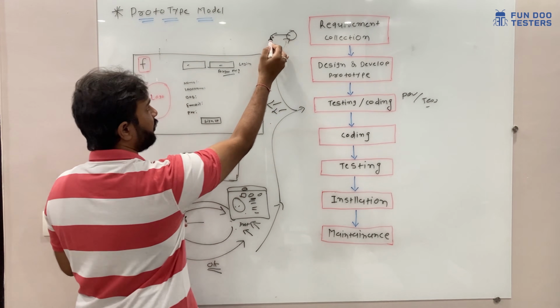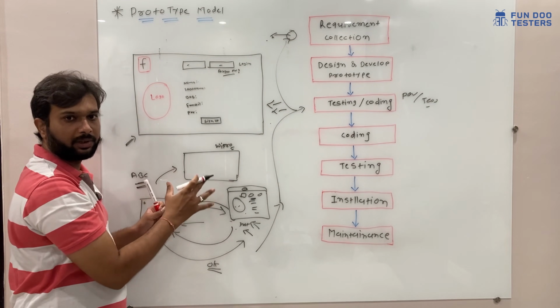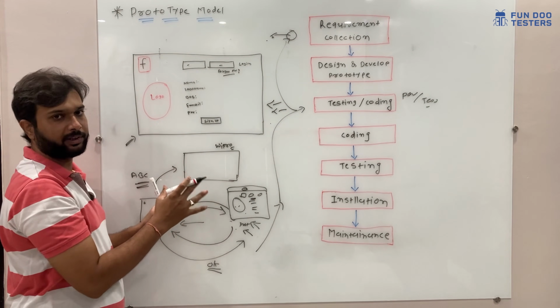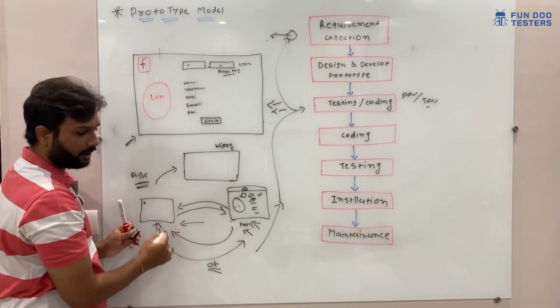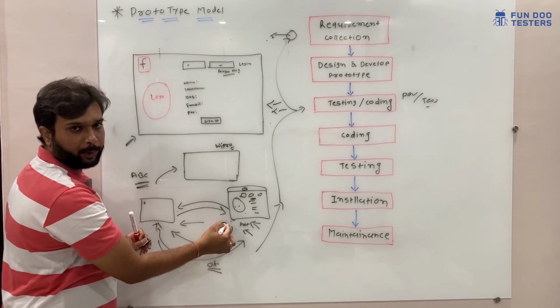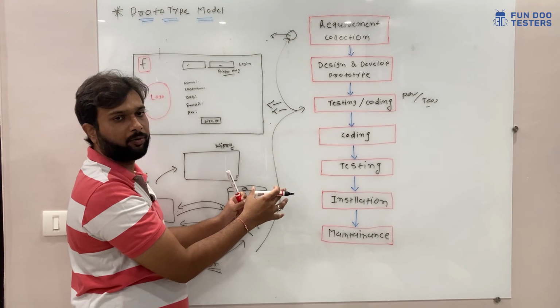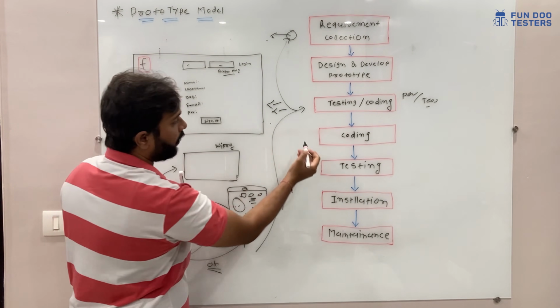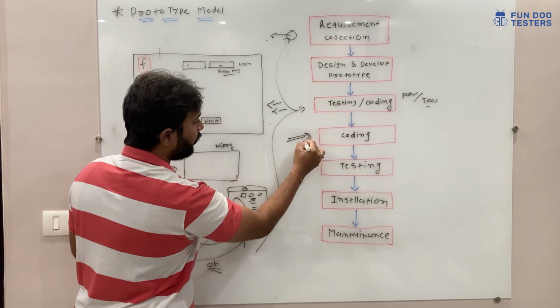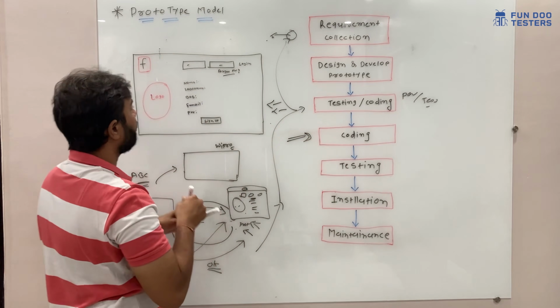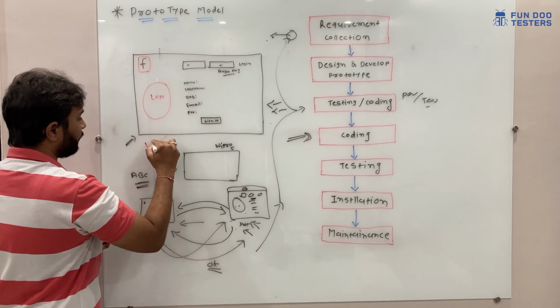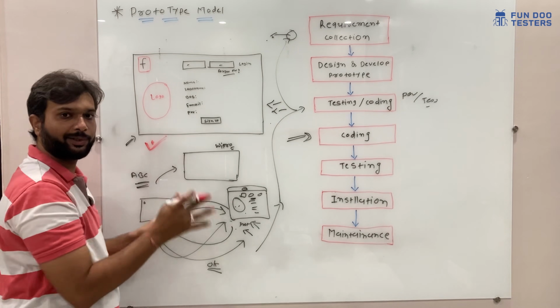They will send the client the errors and corrections that need to be fixed. Once the client is ready, they will again send it to the prototype team, and the prototype will be made again. This is how the prototype model works. Based on that, when the actual design phase is going to start, we will already have this design ready, so after that there is no need to change anything.